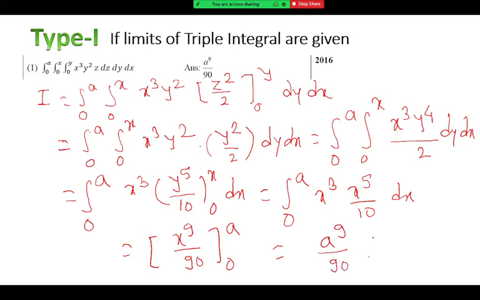This is one of the simple questions that was asked in 2016, mainly for 5 marks. It is a really simple, important thing that you should know. When you integrate the innermost integral, treat the remaining two variables as constant, then you integrate the middle and then the outer. So that is a triple integration. Triple integration is not so difficult. Once you complete, you can tell me and we'll move to the next question. And if anyone has a doubt, you can ask it here.